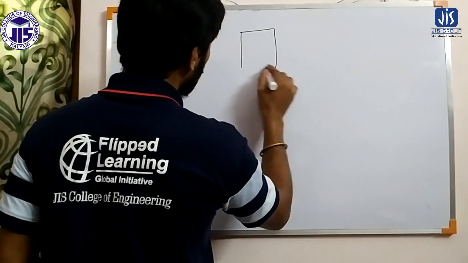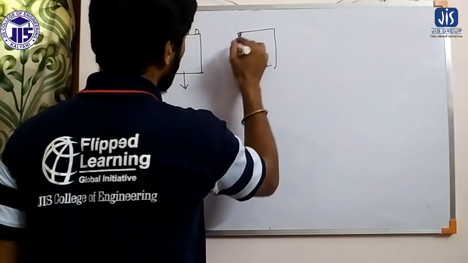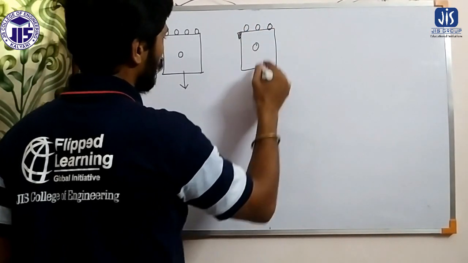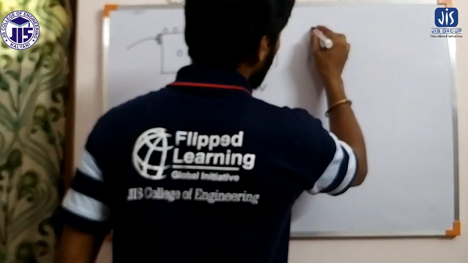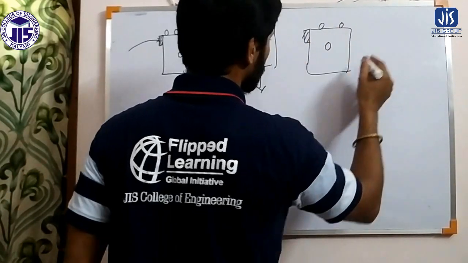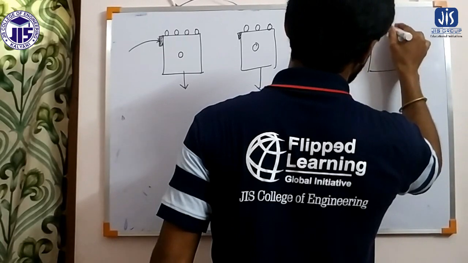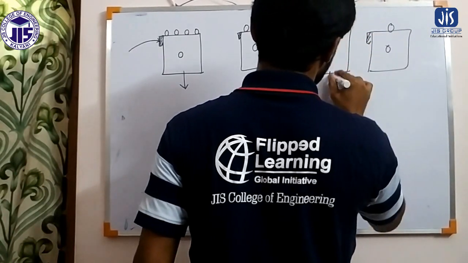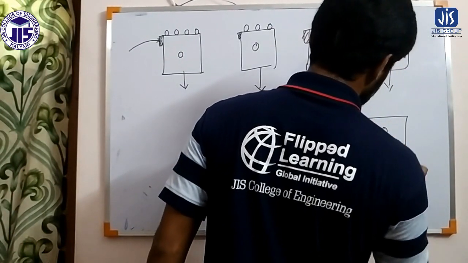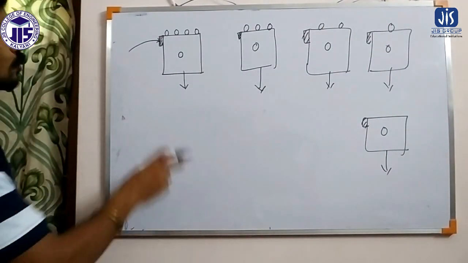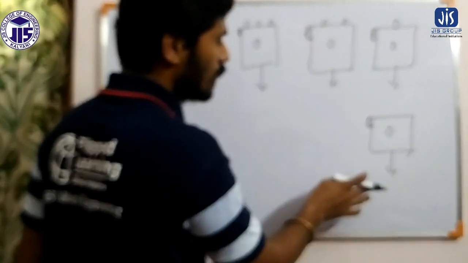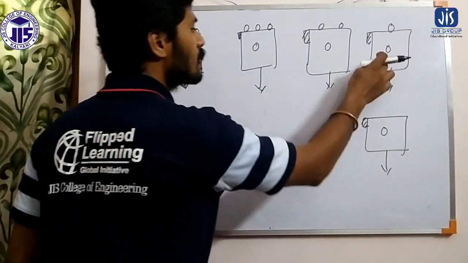Now the second time, if I again press the button, another ball will come out. In that way, we can get 5 balls out of this. So first we press this button, the ball will come out. Again press, the ball will come out. Again press, the ball will come out. In that way, we can perform the process 5 times because only 5 balls are available.